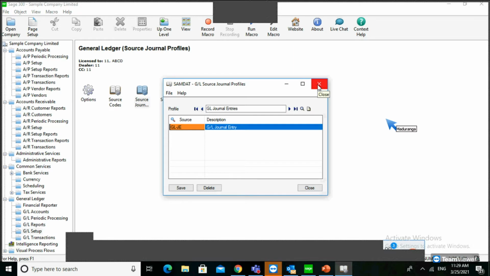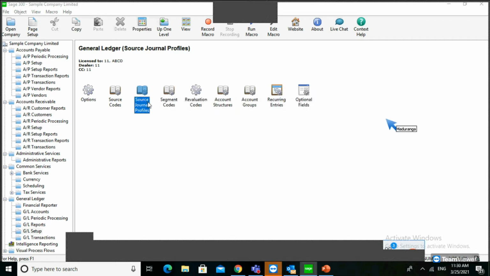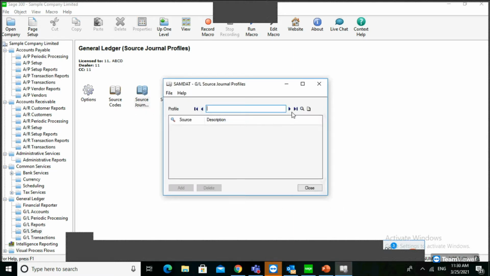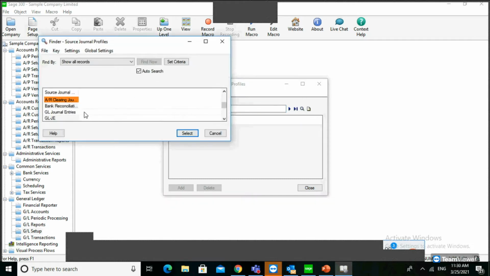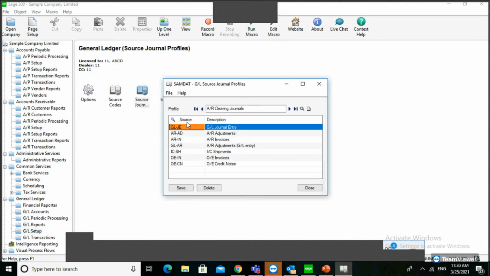When you want the source journal listing report, you can call the source code and get all the transactions posted from the general ledger journal entry. You can get it printed out. That's the purpose of the source journal profile. You can define multiple source journal profiles. If you create an air clearing, whatever sources you define from here, you can get it printed out in the source journal report.